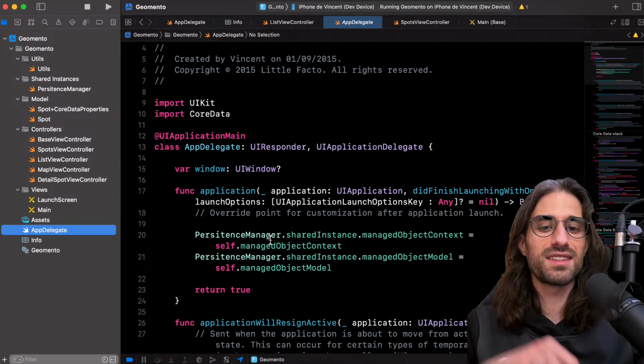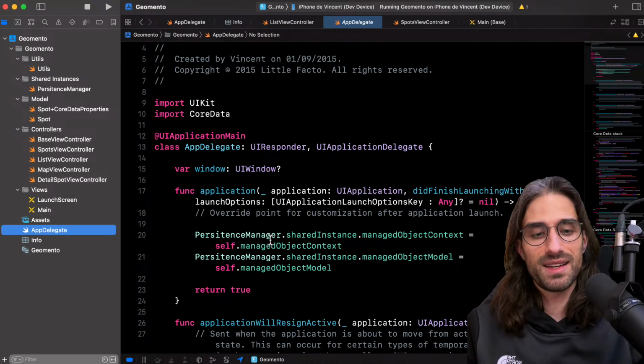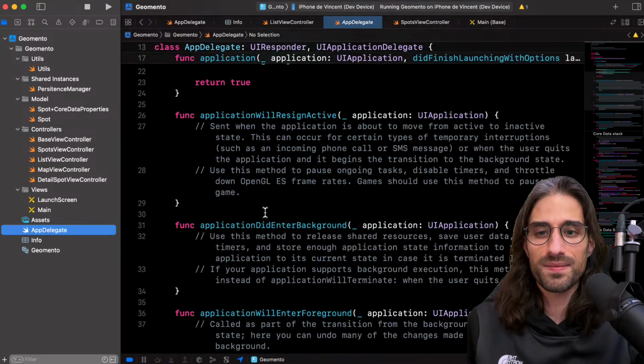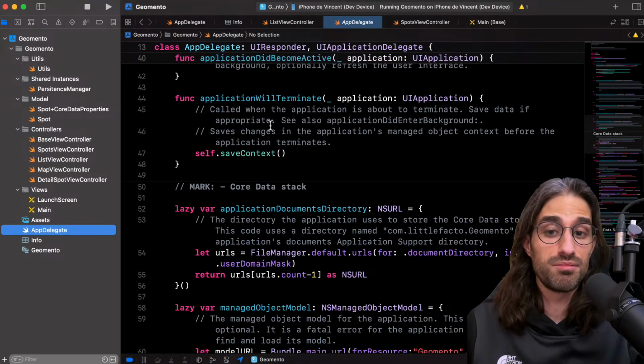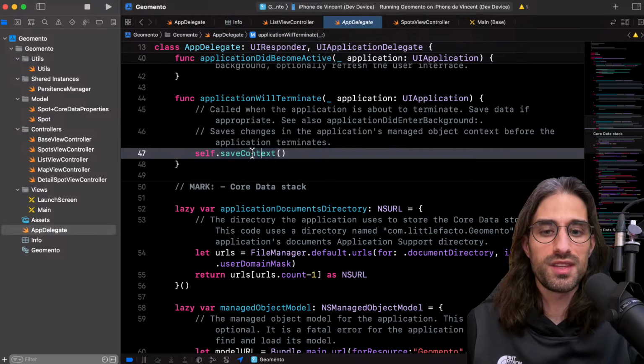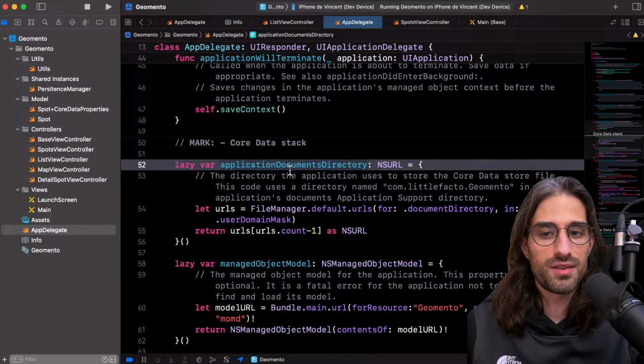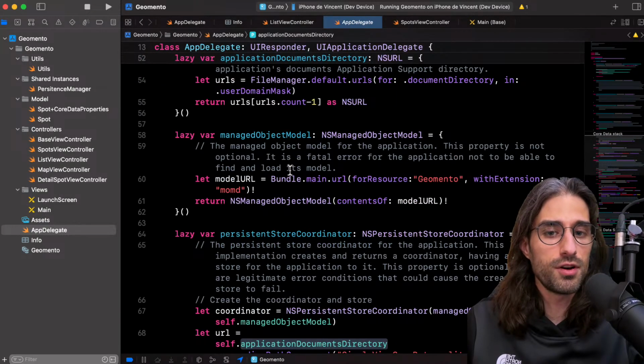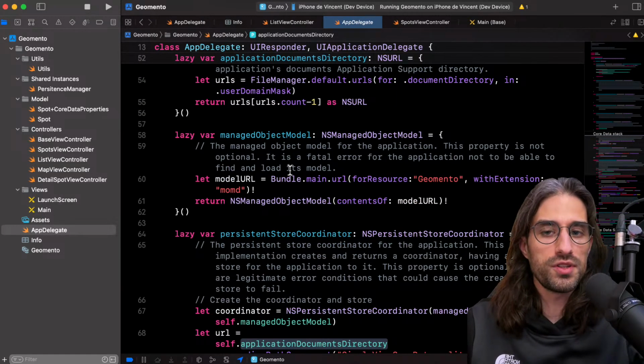We have the app delegate. So the app delegate manages the core data stack like this. Okay, we have the method like save context that we saw before, something to get the document directory. So what we saw actually in Objective-C before, because it's part of the core data stack.